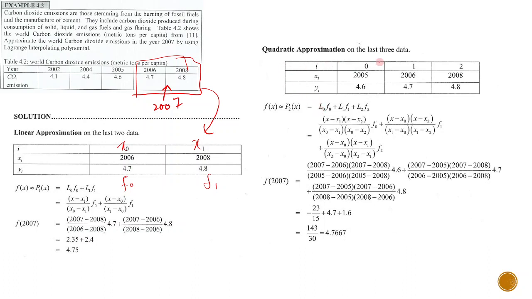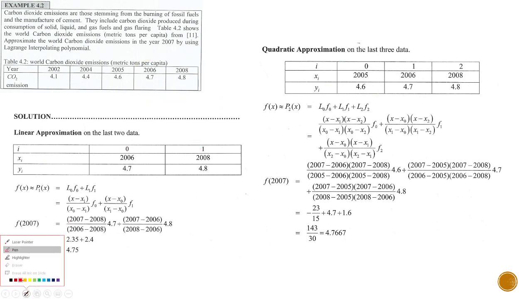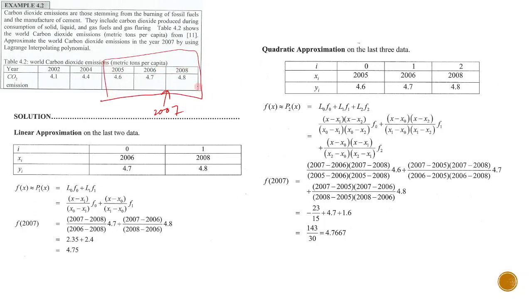Okay, for the quadratic, so kita kena ambil lah 3 tu. Tak boleh pula. Okay, for quadratic, so 2007 is over here. So quadratic at least 3 points. So we need to take this point. Okay, so I mentioned it, this is X0, X1 and X2. So this is X0, F1 and F2. Okay, so don't forget the